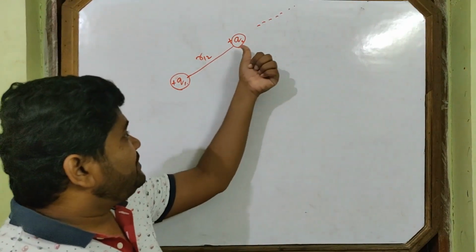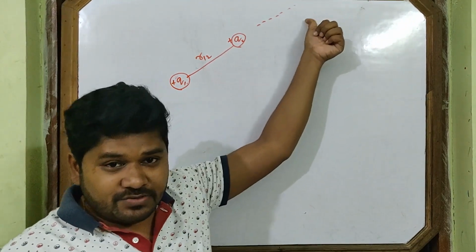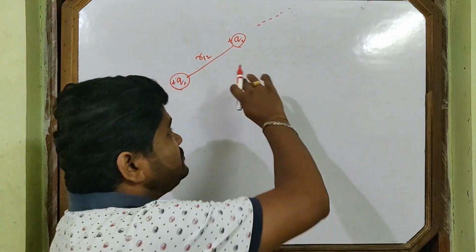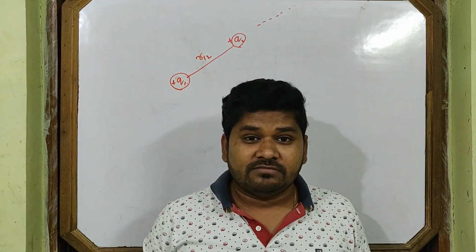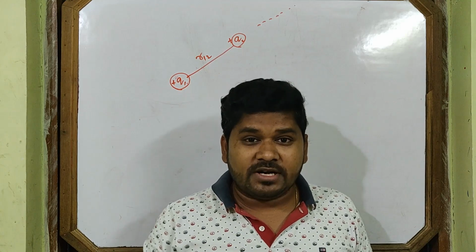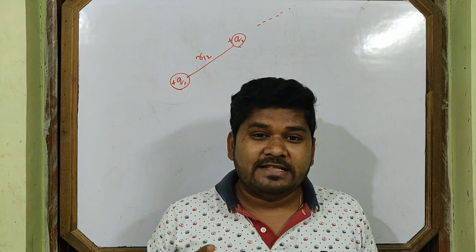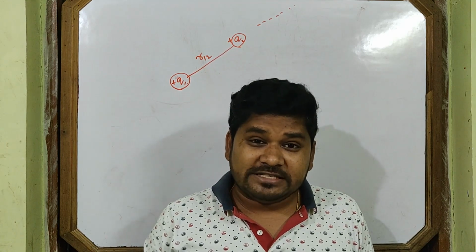This Q1 repels Q2 like this, but I bring Q2 from infinite to here, means against the force of repulsion. Force is to there, but I bring against the force of repulsion. So we have to do work, and the amount of work done is equal to the potential energy of, not Q2, of the system,